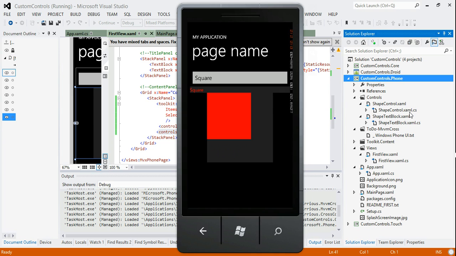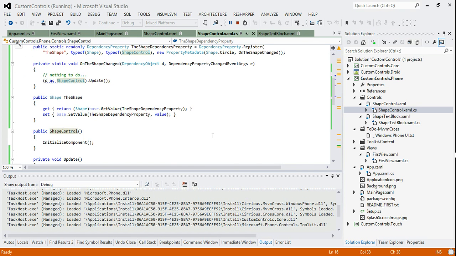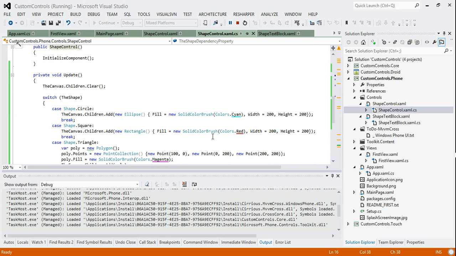Please, please do not take this dependency property code from me. Take a look to people who know what they're talking about. But that hopefully brings custom controls to an end,